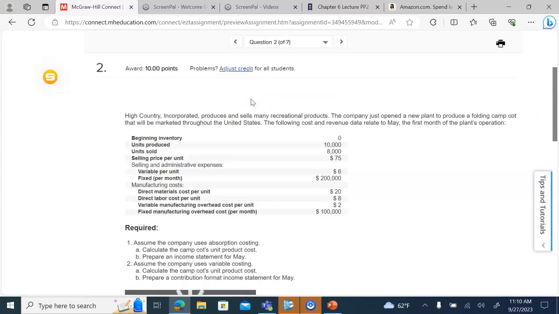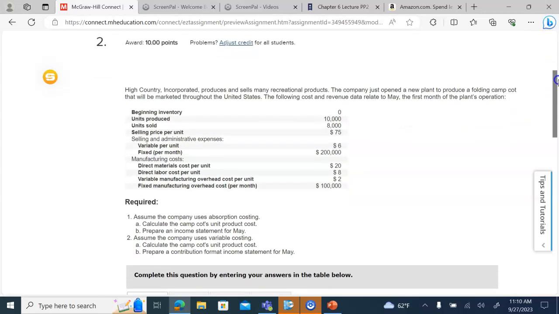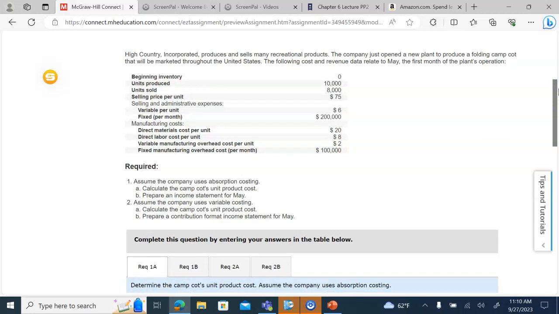Let's look at another one here. In this one, High Country produces and sells recreational products. Just opened a new plant to produce a folding camp cot. The following cost and revenue data relate to May. So we, starting with nothing, we produced 10,000 units and we sold 8,000 of the units. It's telling us what we're selling them for, and it's letting us know the variable cost and the flat 200,000 fixed monthly cost